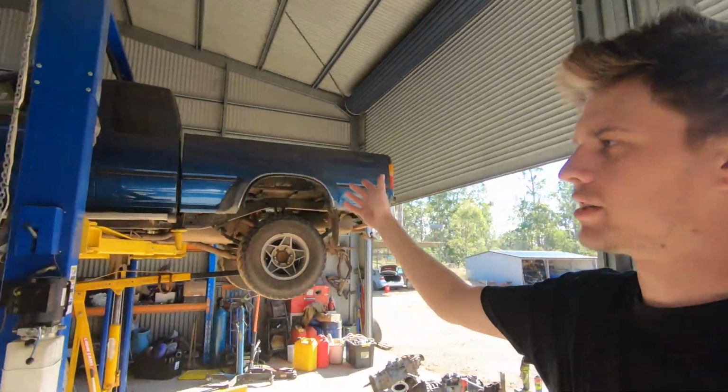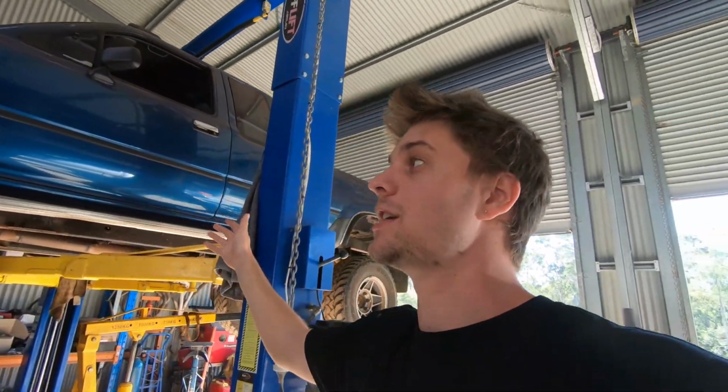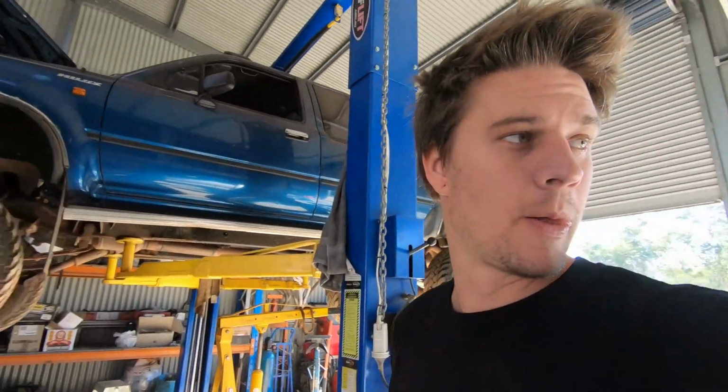At the moment, we've got another customer car here. This is a bit of a returning car for us. We've been doing work on this car for a number of years now. When we put it down, I'll show you what's under the bonnet because it is pretty damn cool. But yeah, this is a...